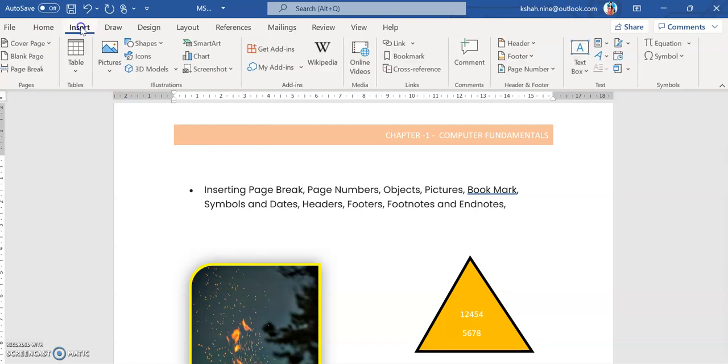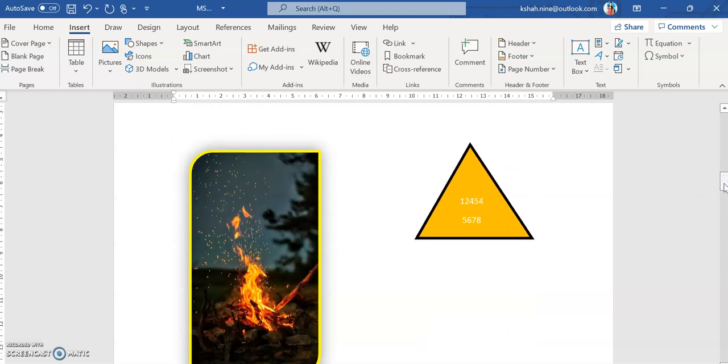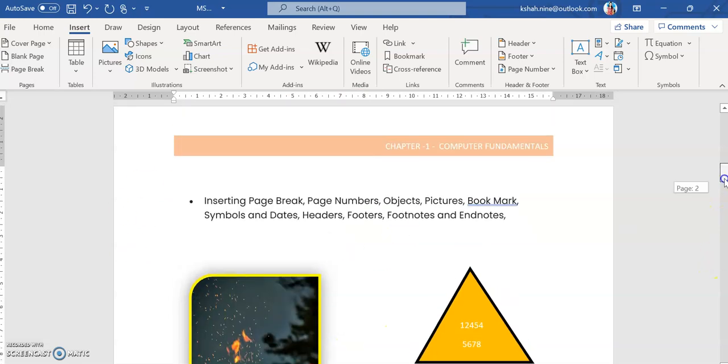So this is how to insert the various objects and pictures, page number, header and footer, and all the things you can find inside the insert menu. Various things you can add, right? Important things I have already shown. Other things you don't need to focus on, just focus on some important portions, right? So this is about how to insert the various things. More we will see in the next part.